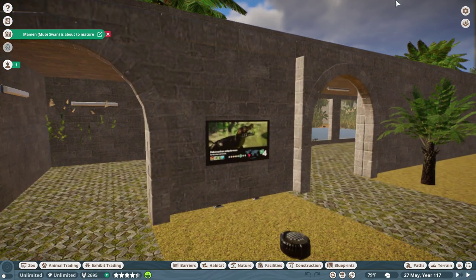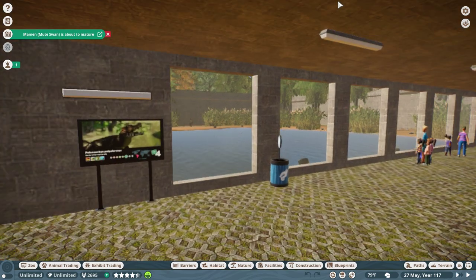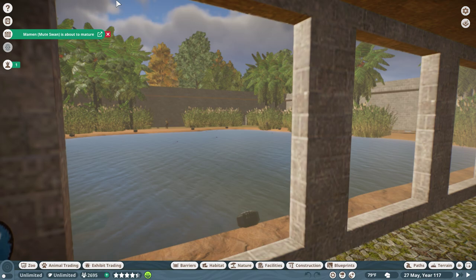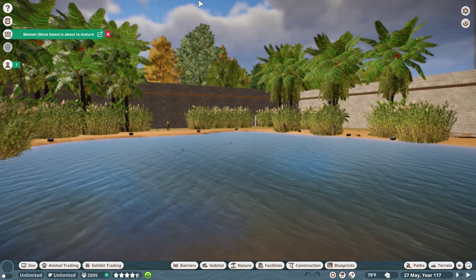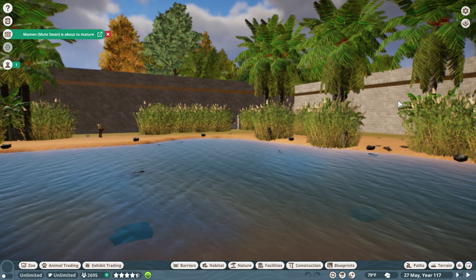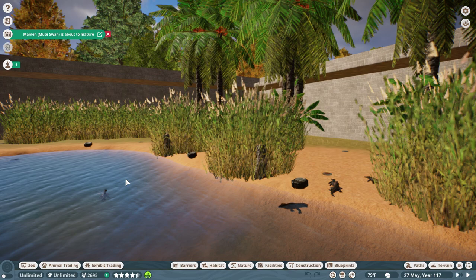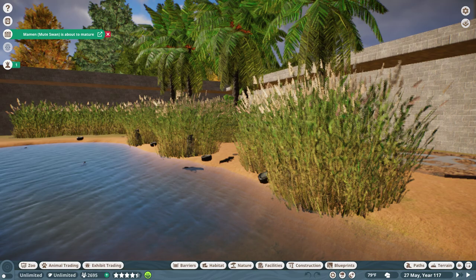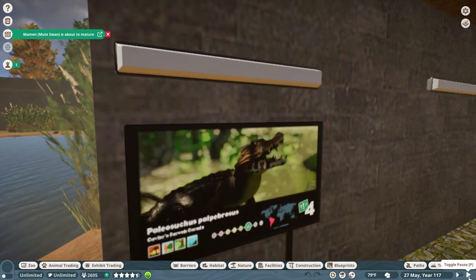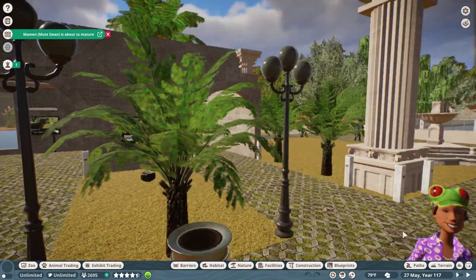next to them is the Cuvier's dwarf caiman. This one I like watching. This is kind of cool. But it requires so much water. But here they are. This is one I wanted to actually build a walkway over, but the way I laid this out, it just wasn't plausible. I would literally have had to build a walkway over every habitat with a wall that went under,